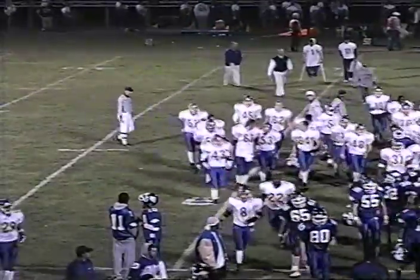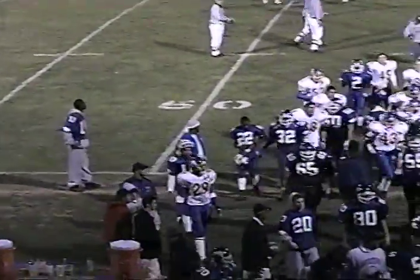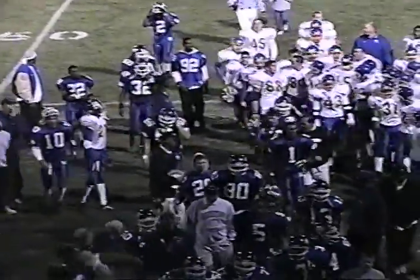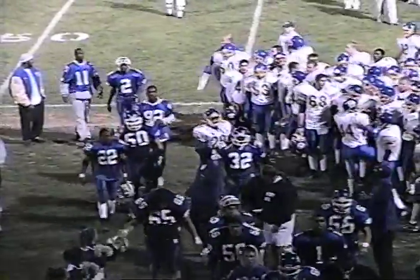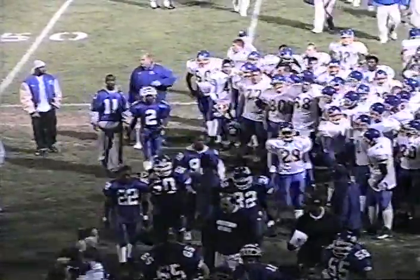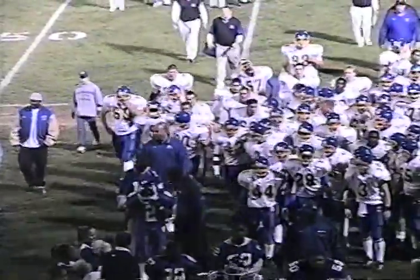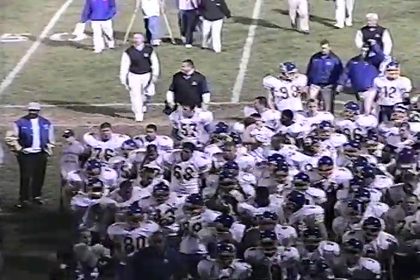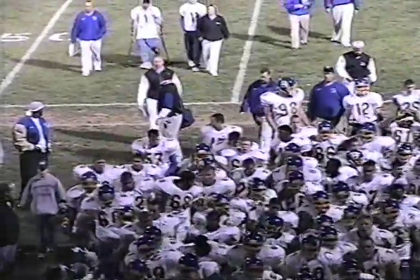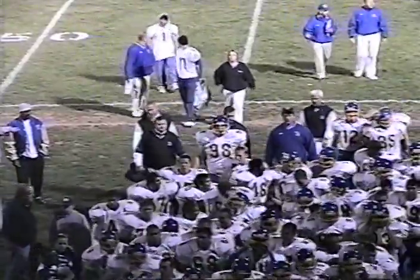Just a few comments before we break for halftime. We saw a very interesting offensive formation by the Downingtown Whippets. I call it a turtle formation. I think it's clear that Downingtown is a Class A program. They are everything that everybody says they are. They're fast, they're mobile, they're physically a big team, they're well coached,